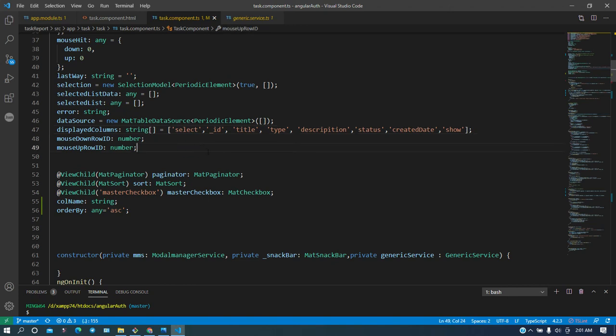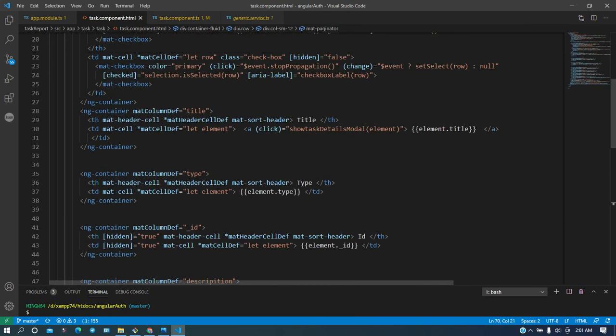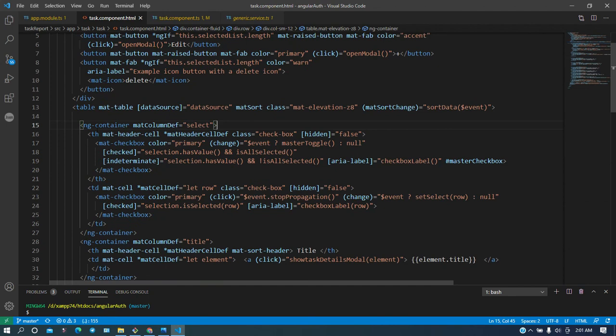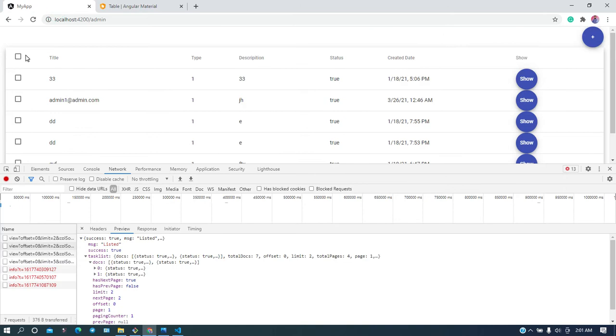Okay, now let's go to the HTML, and in the HTML you can notice the data source. I have provided a data source, that's it, and some other stuff I will talk about later. Now for the first column, the header is a checkbox, and all the rows also have a checkbox, meaning this column has a checkbox.